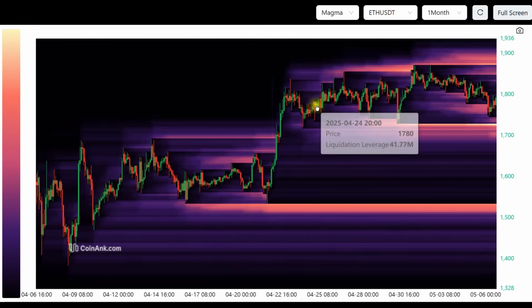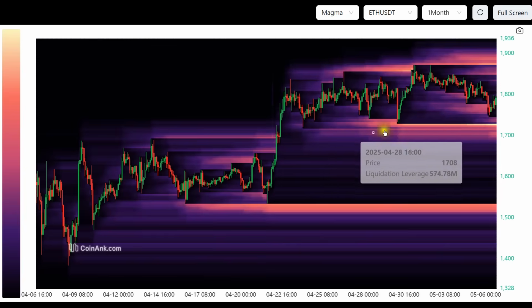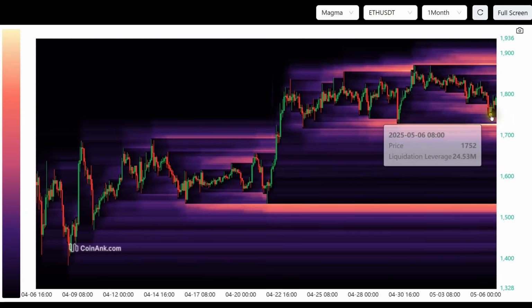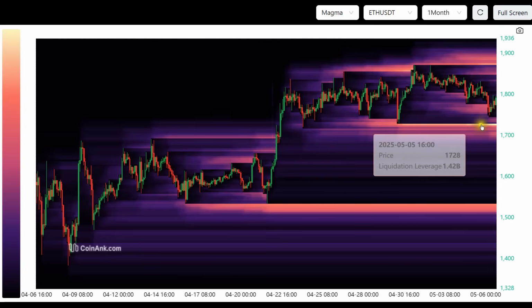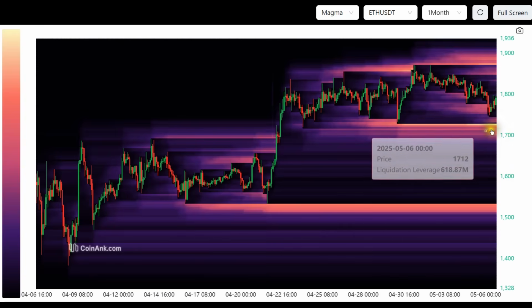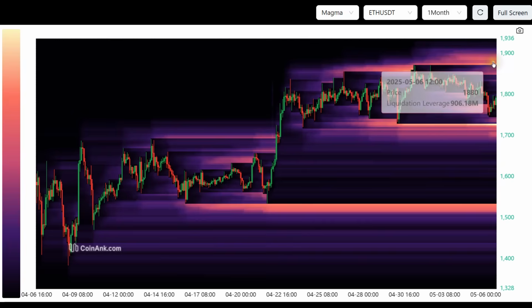We've moved upwards. The algorithm has been generating liquidity points here and here, and here as well, but the biggest concentration of liquidity that we have is right here, hanging out at about that 1,724 level. So there is a possibility that price could come down and actually sweep this liquidity previous to moving up, but there's also a chance that it might leave it behind, engineering even more liquidity, moving up into these